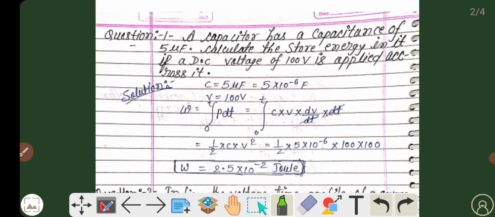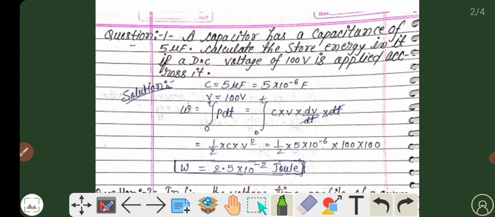Good morning everyone. In this video lecture, we will discuss some numerical questions based on the concept of capacitance. Now my dear friends, the first question is: a capacitor has a capacitance of 5 microfarad. Calculate the stored energy in it if a DC voltage of 100 volt